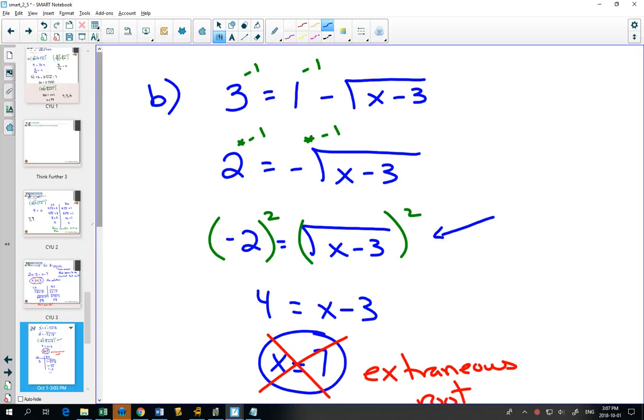Why is it that we get extraneous roots? Well, we get extraneous roots because sometimes when we square both sides, we make two things that aren't equal actually equal. For example,